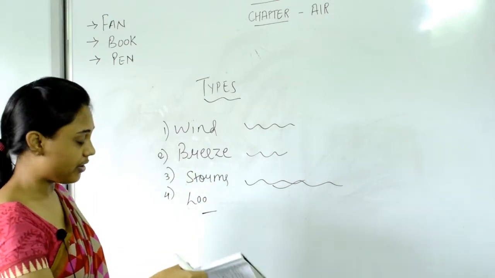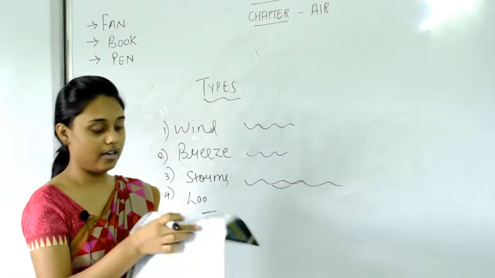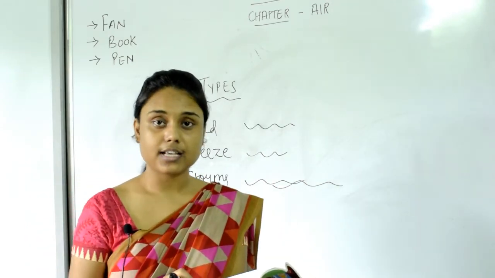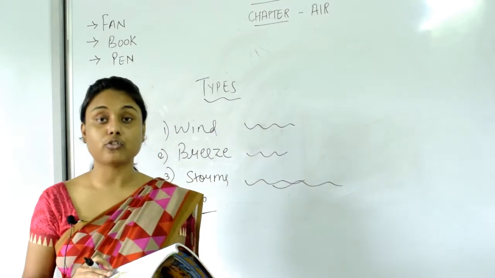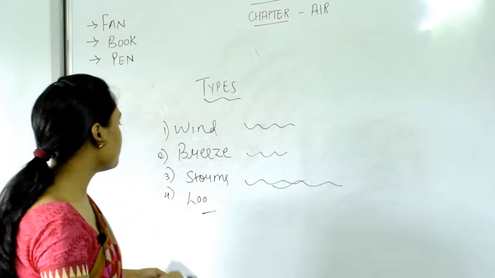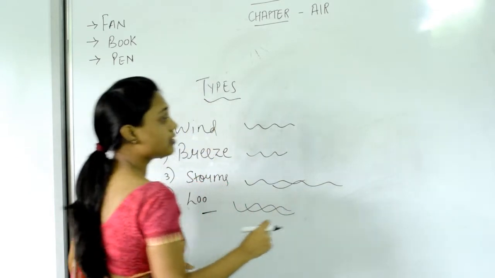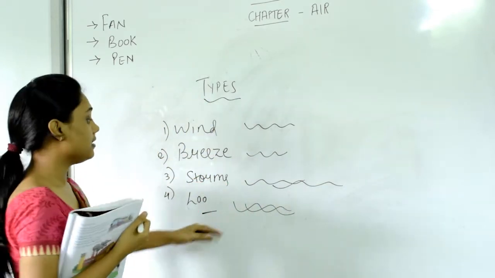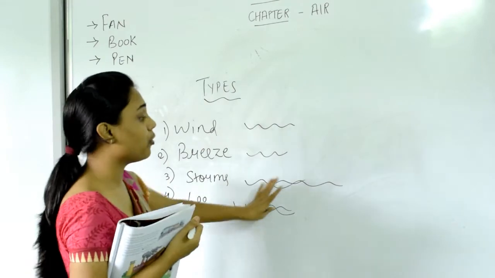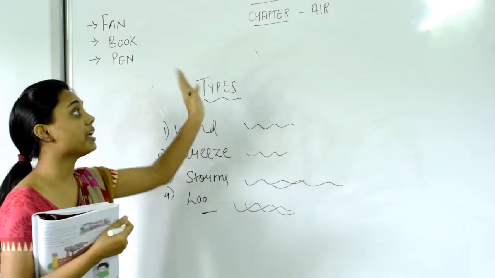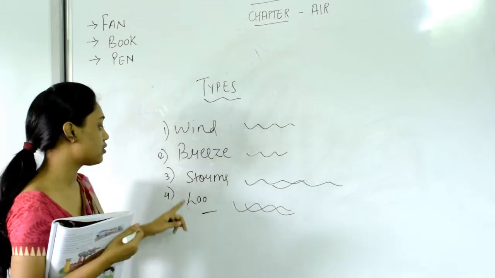And now we have another type of air, which is loo. Now read with me. Very hot winds that blow in summers are called loo. In summers, winds blow and air moves, but due to summer the air is hot. So the blowing wind which is hot, it is called